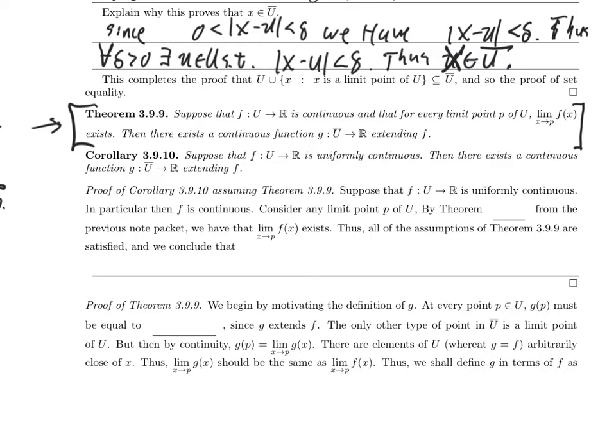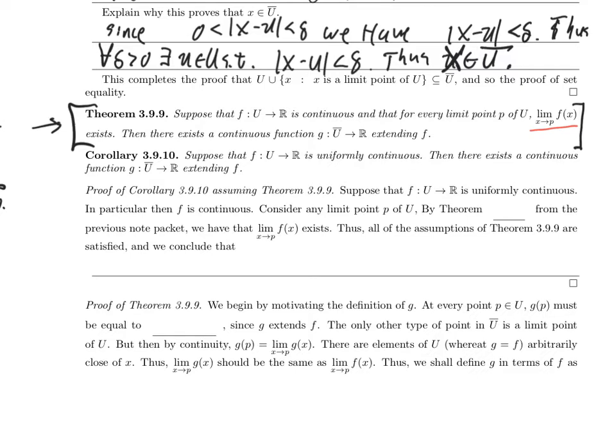So let's talk about why this is a corollary. So what do I know about uniformly continuous functions? Well, I know that if you have a uniformly continuous function, then that limit will be defined at every limit point of f. And as a reminder, the reason that what I just said is true is because of theorem 3.8.13. That's the thing to cite.